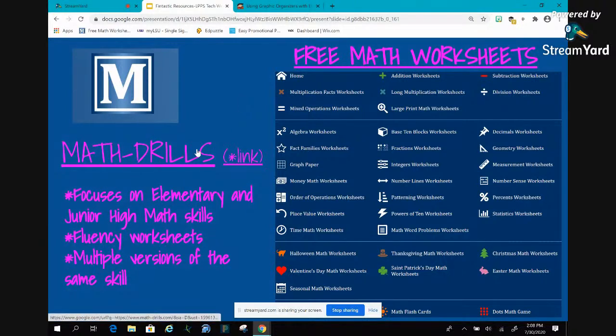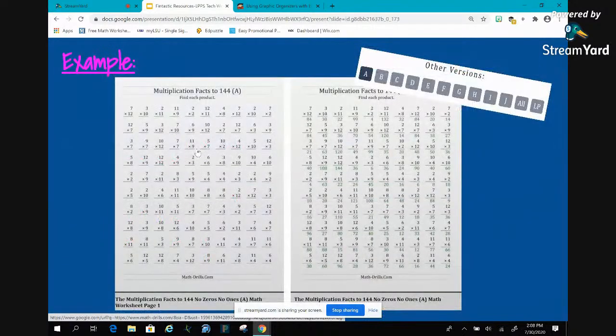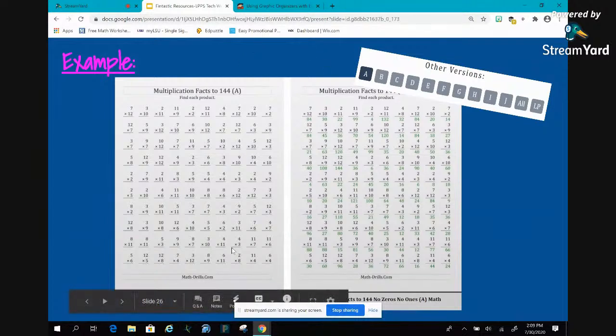So I do have an example, I believe. There, multiplication facts. So if you click on it, they have so many. You can click on just one specific fact, like let's say they're just working on fives. You can click on multiply by fives or divide by 3. Or you can even choose the numbers that you want them to do. So it might say multiply by 6 from numbers 1 to 7. It just has so many options to choose from, and all of it's free.